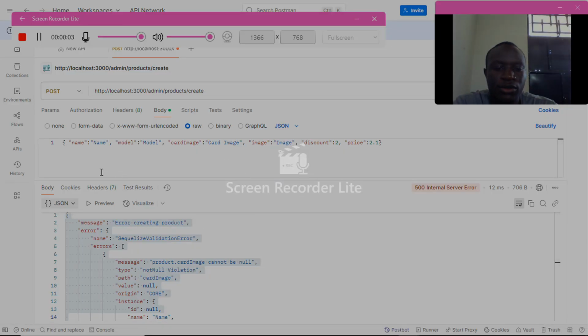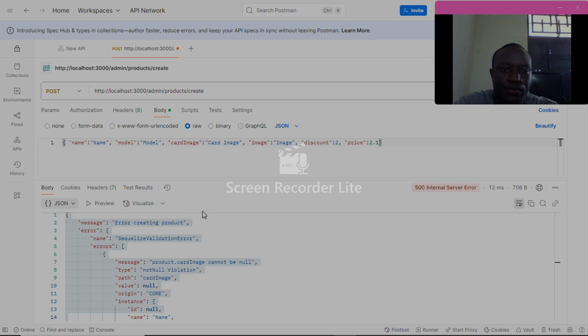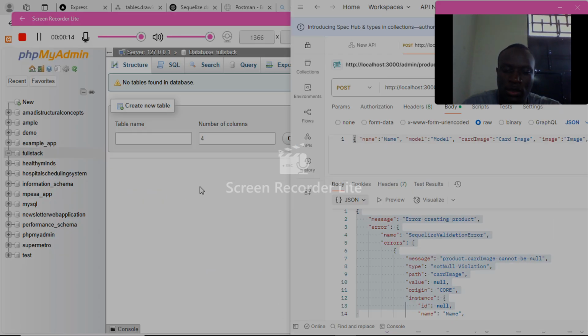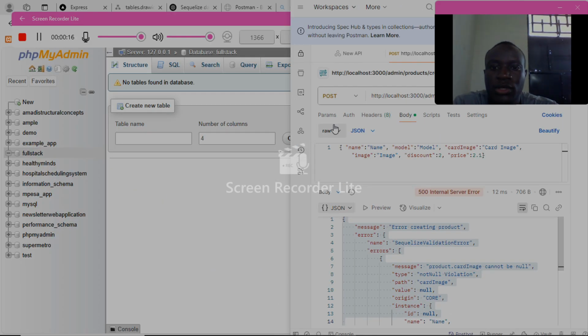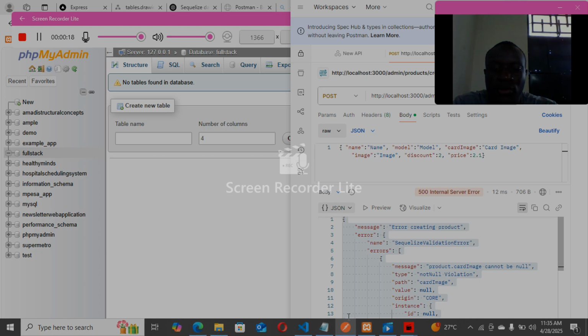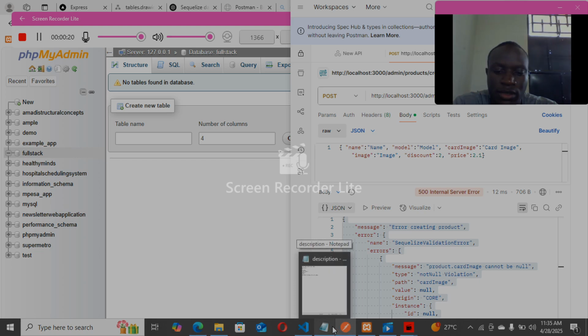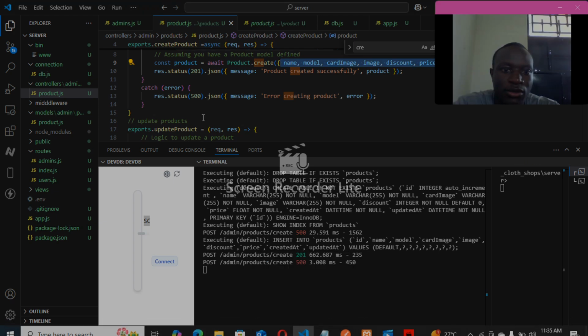Okay, we are working on sending data to the create function. Now we are going to test using this API platform called Postman. It allows us to communicate with the backend. Now from our code this side,